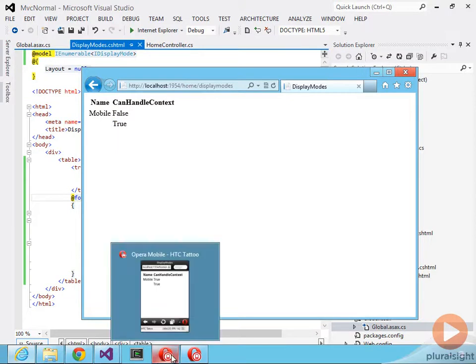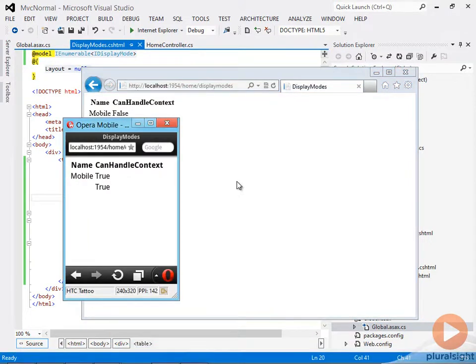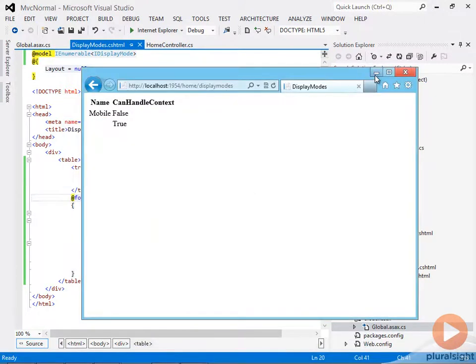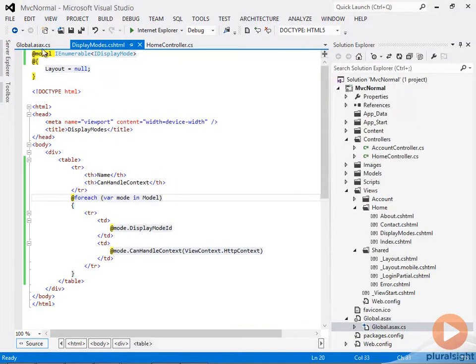If we hit that same URL with Opera Mobile, you can see that the mobile display mode returns true. It gets to handle that request. And again, that's the expected result because this is a mobile browser. And now that we can see what display modes are registered and how they're behaving, let's add our own custom